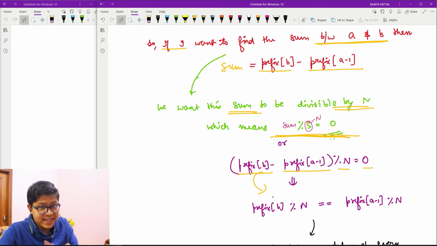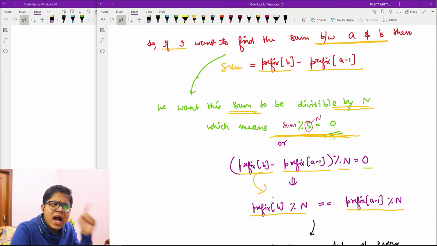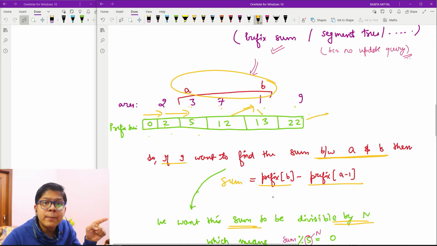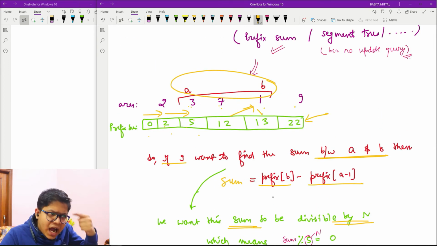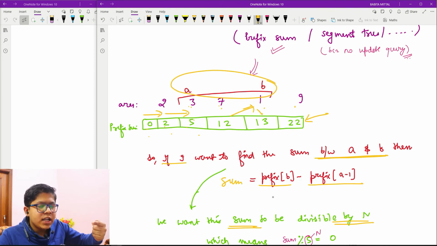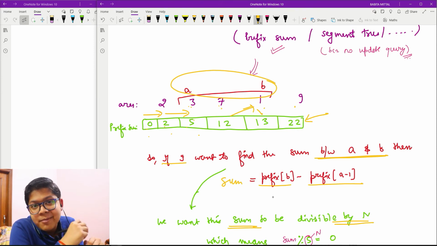And I can also write the same thing as prefix of B mod n is equal to prefix of A minus 1 mod n, which means that if I have made this array of prefix sums, I will make another array of prefix mod n, and if any two locations are the same, it means that I have obtained a sum mod n that is 0.